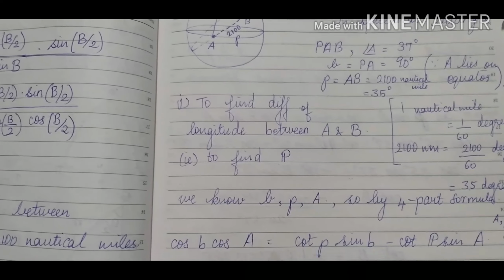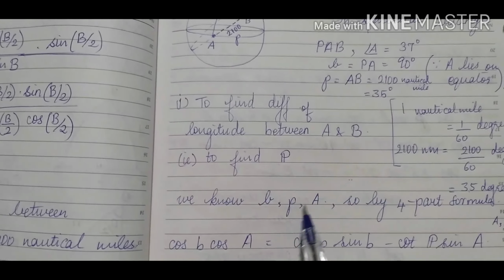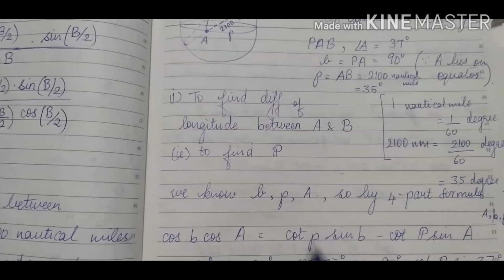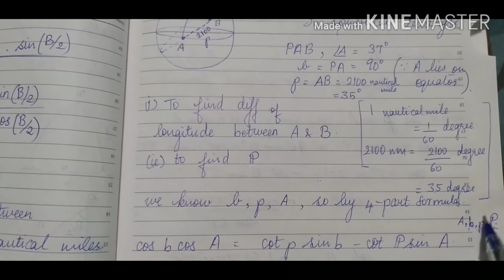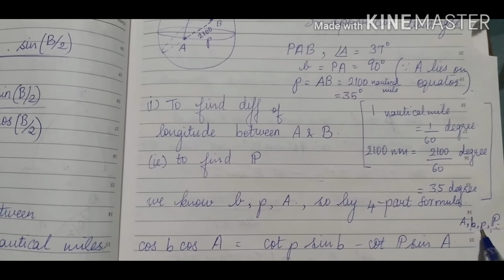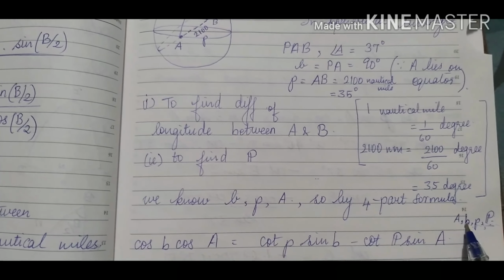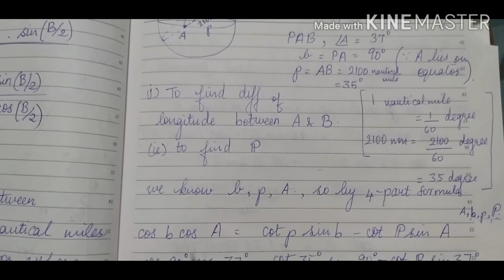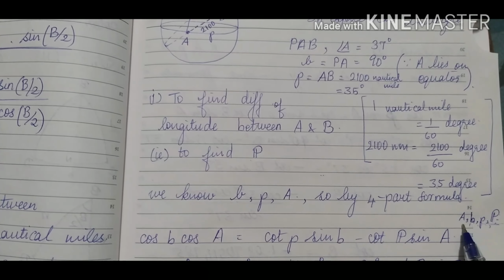But in that formula, we need four components to write the formula. So one more component is going to be our capital P. So we have small p, capital P. There is one identical pair, a side and an angle with the same letter. Next we have another side, another angle. So we have four components. Now we can write the four-part formula. So take the side and angle which are not identical.